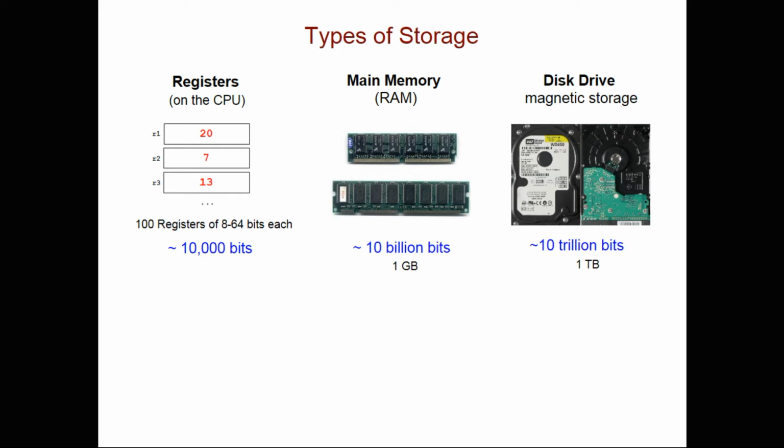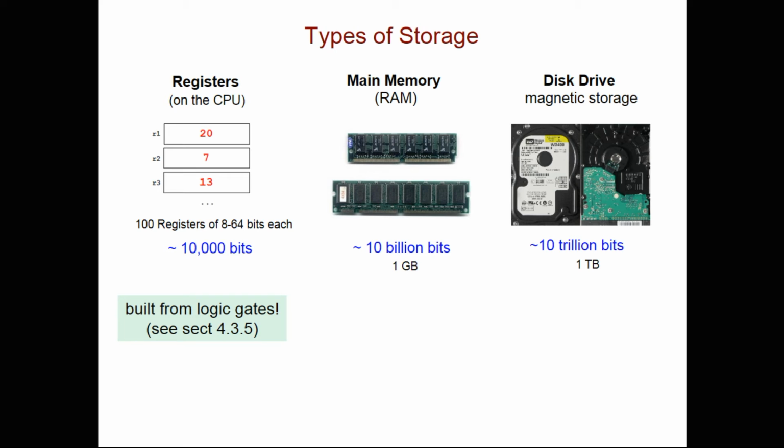So you can see the types of storage in a computer here. We have our registers, main memory, and disk drives. In the CPU we have about hundreds of registers, and each of them can be from 8 to 64 or 128 bits, or even longer in today's computers. So they can store about 10,000 bits. RAM has much more capacity. It can store up to 10 billion bits, 1 gigabyte or more, and disk drives have capacity of around